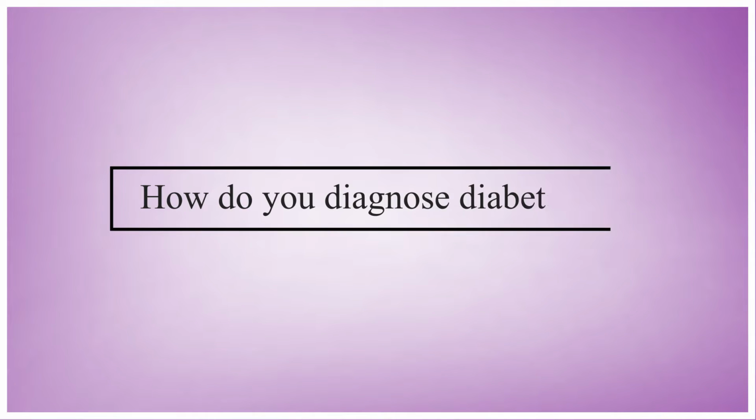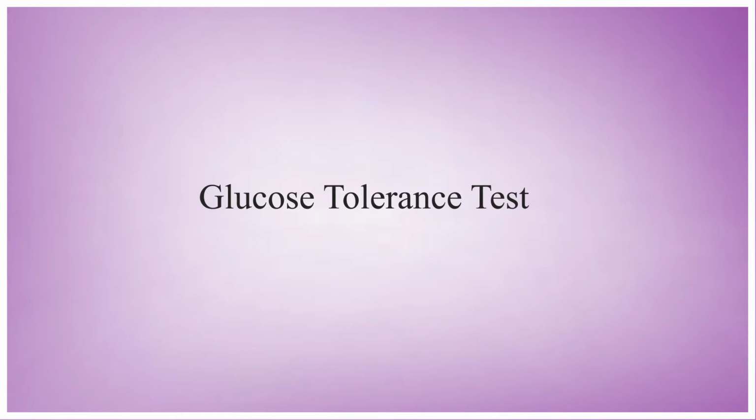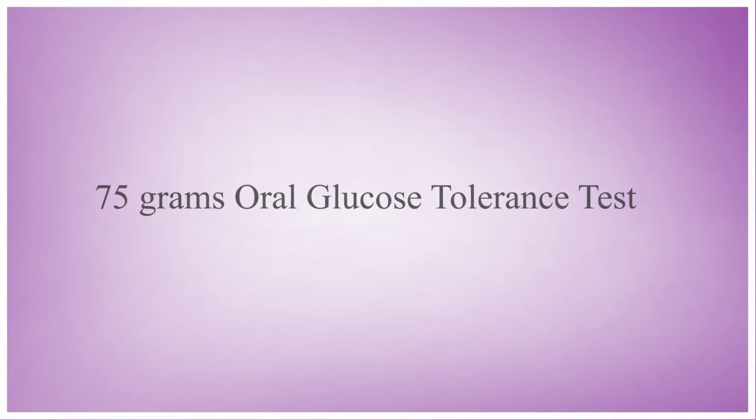How do you diagnose diabetes? If a patient is asymptomatic, usually we ask the patient to go for screening for diabetes based on the risk factors. For the screening of diabetes, usually the test recommended is the glucose tolerance test. The patient is asked to go to the lab in the fasting state and submit the fasting blood sample. Then the test is known as a 75 grams oral glucose tolerance test. After giving the glucose, the patient is supposed to submit the blood sample again after 2 hours. This is for non-pregnant individuals.